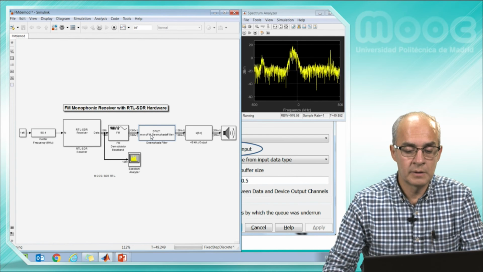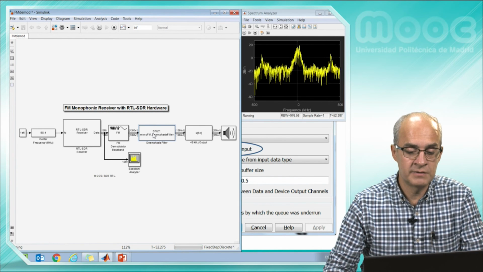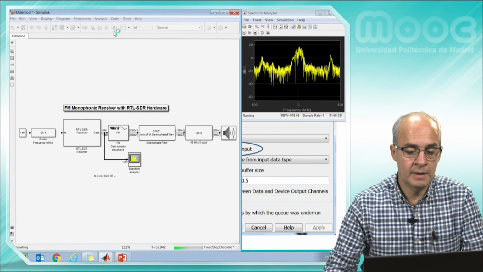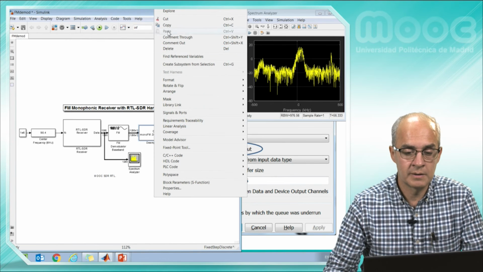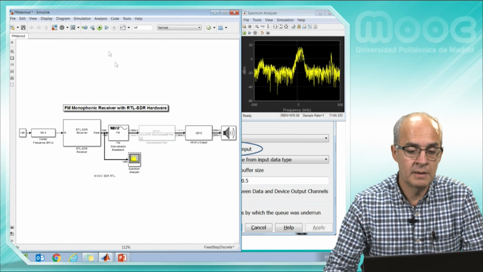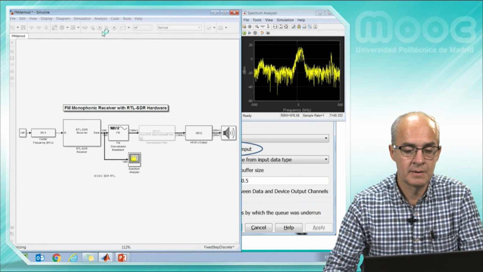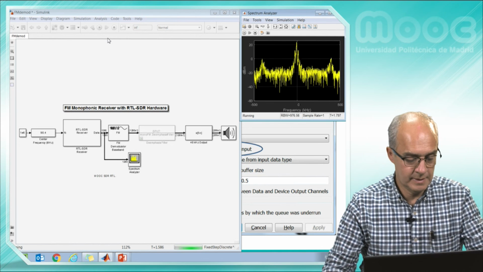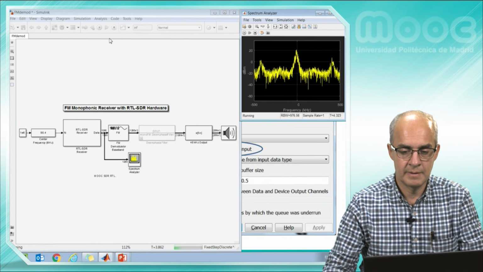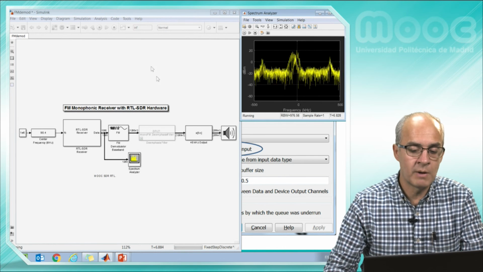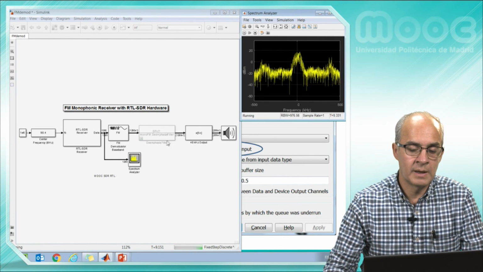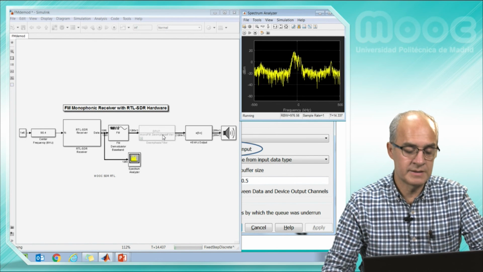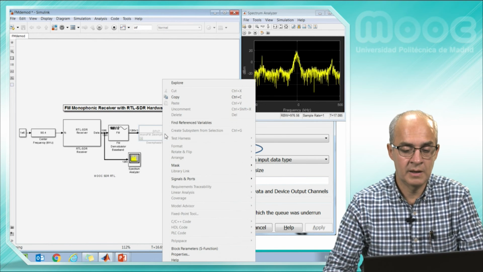We can remove the emphasis filter and try to see the difference of using it or not using it. We comment it through, and now we don't have the emphasis filter. And now the sound has lower quality. We have removed the lower frequencies, and we can see that it sounds completely different.